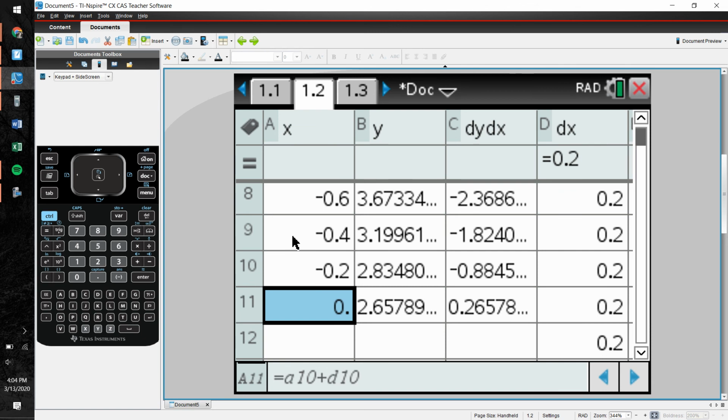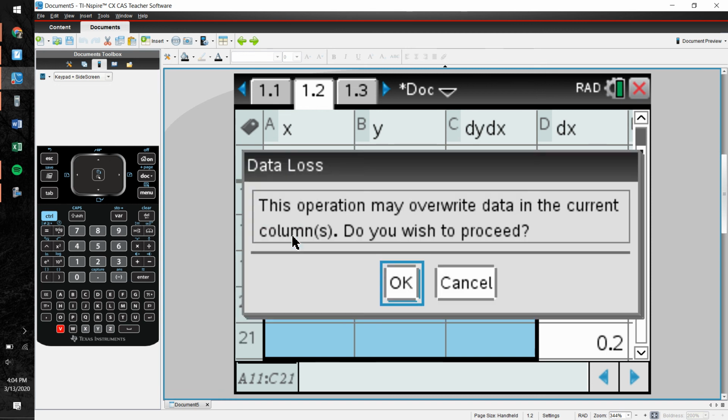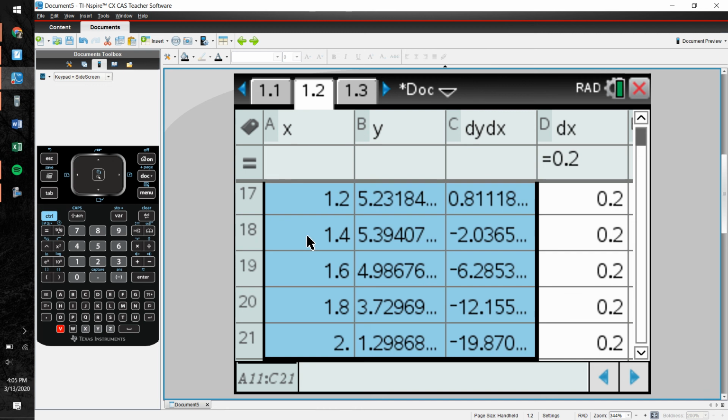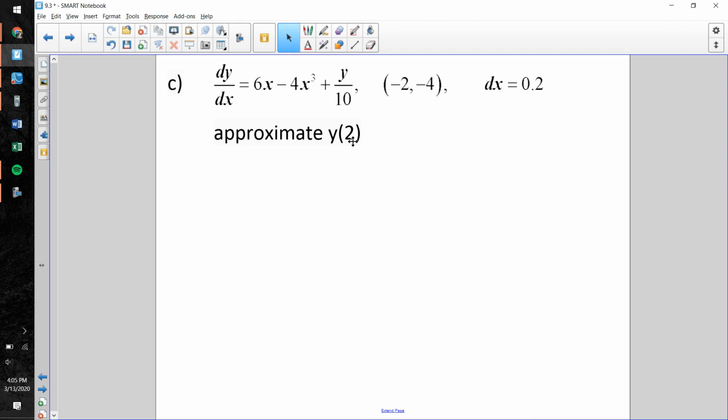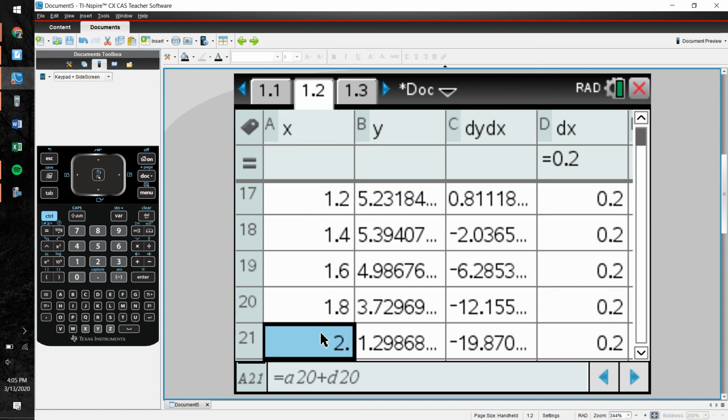So what we're now going to do is copy these 3 cells again in row 11, Control C, and then we're going to hit Shift and go down, I believe, to row 21 and hit Control V. And the hope would be then, everybody, that we are now going to know the value of y of 2, and that's happening right here. When x is 2, we get an approximate y value of